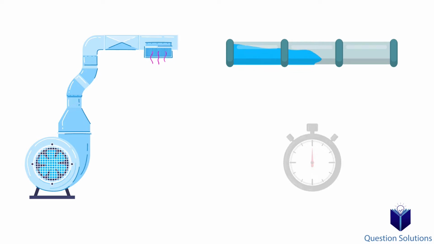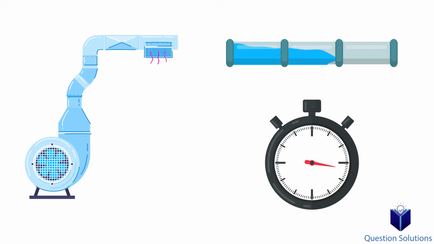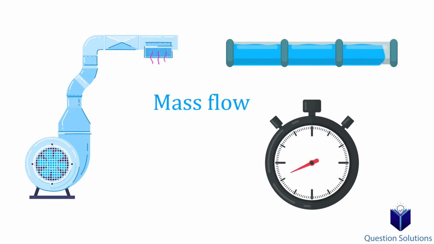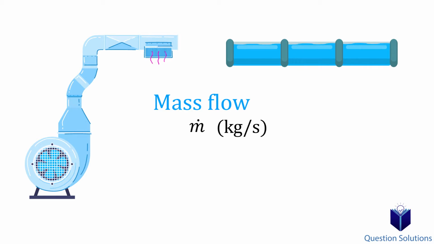Sometimes, we need to be able to see how mass is flowing through a section with respect to time. We call that mass flow, and that's the amount of mass flowing through a cross-section per unit time. It's represented with the letter m with a dot on top, also called m dot. You might have seen this dot before, and it simply represents time rate. In other words, something that happens per time. So here, it's how much mass is flowing per second, and the units would be kilograms per second. In simple terms, how many kilograms of mass is flowing per second?